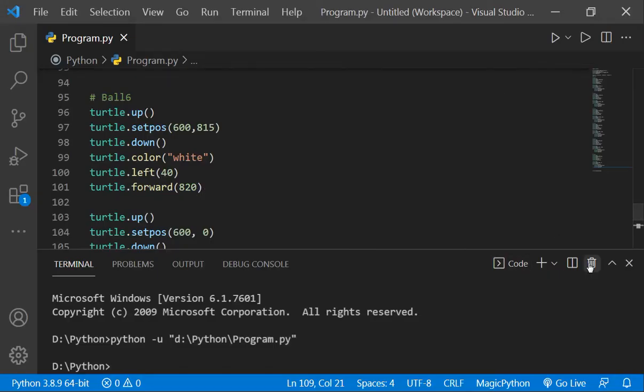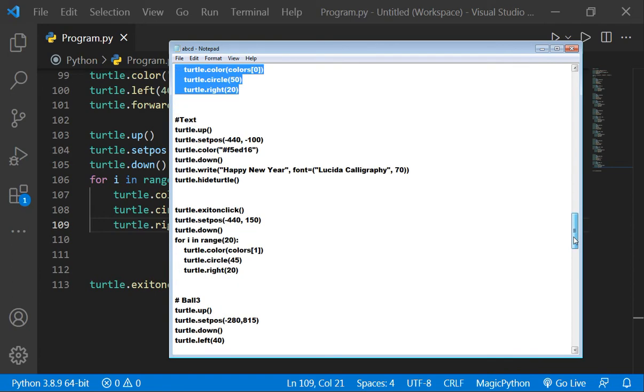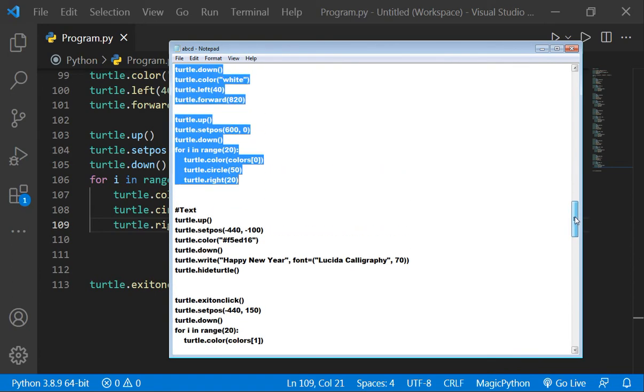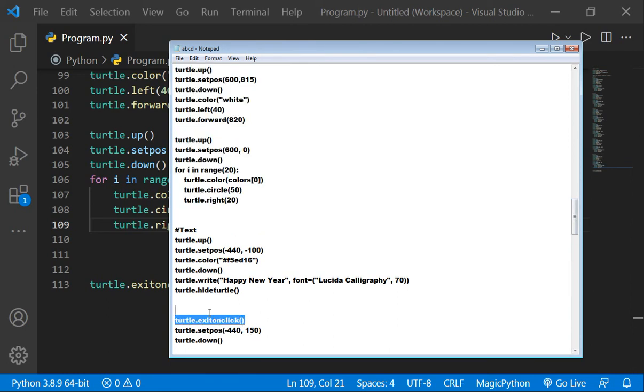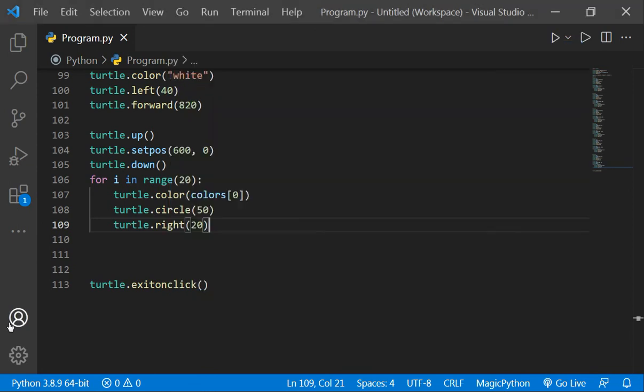Now we will write Happy New Year. Okay, so here's our text already written. Okay, so here we will just copy it and paste it.